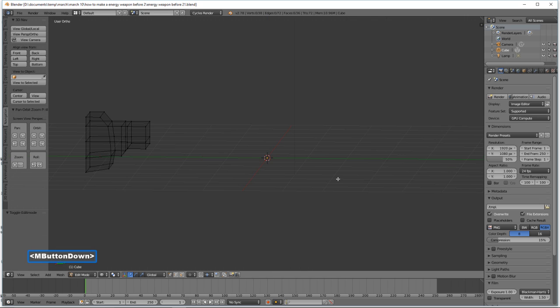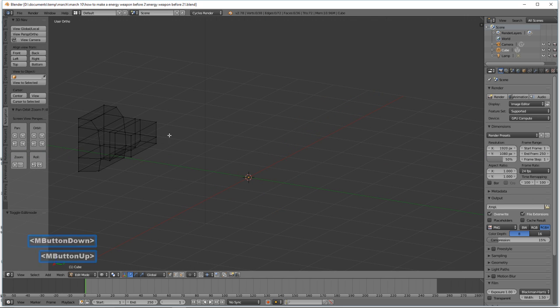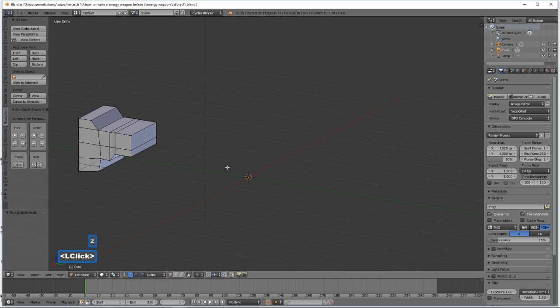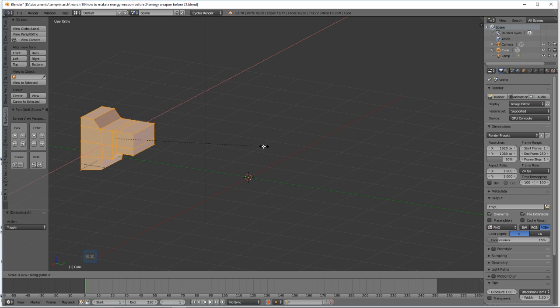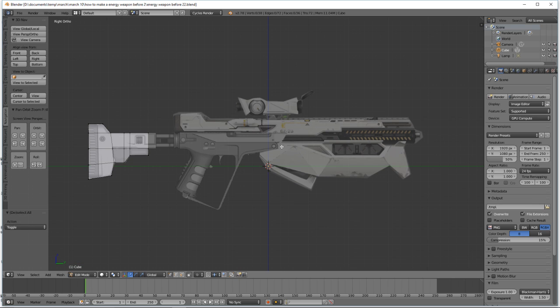Okay, what we're going to do now is hold the middle mouse button to rotate the view. I'm going to press Z and then select solid so we can see how thick this is. I'm going to press A to select all of our mesh. I'm then going to press S to scale on the X axis to make this thinner some. I'm going to press A to deselect. Okay, I'm going to click here to go back to right view. We can't see how thick the different pieces of this are. However, that gives us the